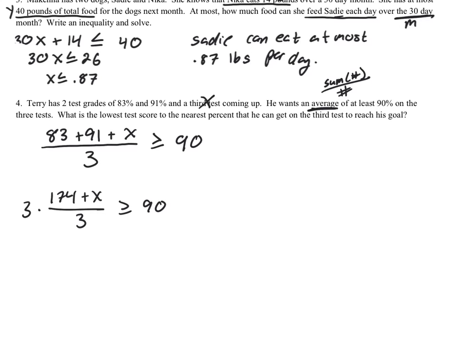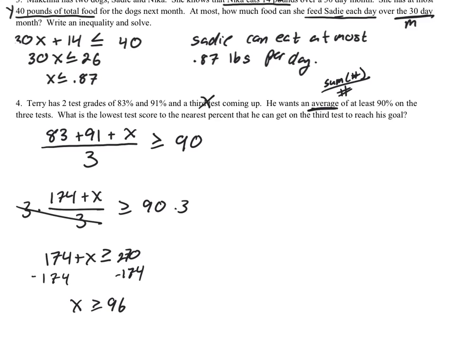We can multiply both sides by 3, which cancels to 1 on the left. 174 plus x needs to be greater than or equal to 270. All right, and then we can subtract 174 from both sides. Minus 174. We get that x, or his third test grade, needs to be greater than or equal to a